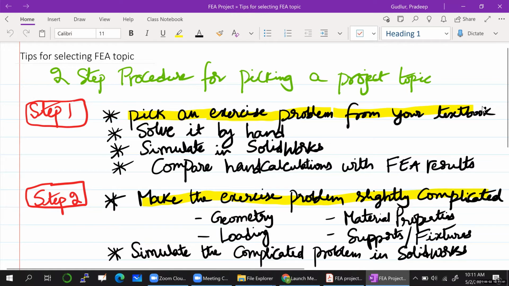And because it's a textbook problem, you should be able to solve it by hand from what we learned in the class using strength of materials concepts. You should be able to solve it by hand. Then simulate the simple problem in SolidWorks. The process will help you in learning SolidWorks. You have a solution to compare it against. So the hand solution you already have, and you're going to simulate the simple problem in SolidWorks and watch the